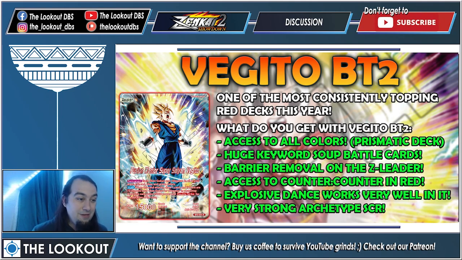in a color which suffers from the lack of barrier removal. So this is a huge one. It has access to counter in red. It plays almighty resistance, and it can just use it to counter your negates and make sure the damage connects. That's crazy. It has explosive dance, which works in it as well, and it works pretty well in it, considering